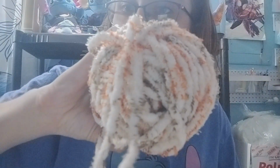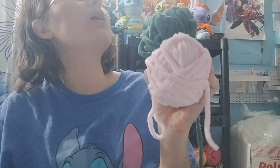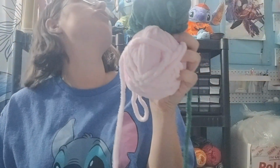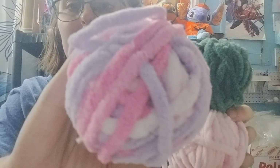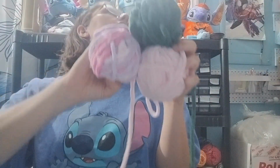So we have the orange tweed, which we can use for chickens. I am dangerously low on chickens. The pickle color. Is that the pickle color? Yeah, that's pickle color. We got this baby pink, which I've got 2 skeins of each of these. And then this pretty pink one, I've got 1 skein of it. Same with this one. I've got